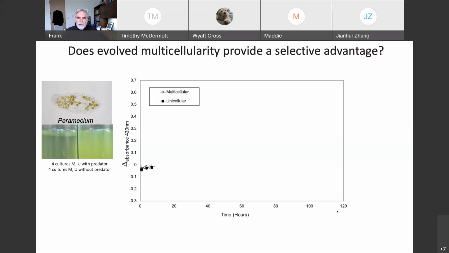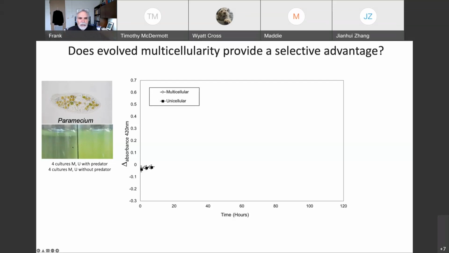Matt and Jacob came up with a cool way of analyzing this, and that is simply to compare the absorbance over time in populations that either did or did not have a predator, and subtract those two. So you would have 4 replicates multicellular, the same 4 cultures, but without a predator, with a predator, same with unis, with and without predators. And you can see here that if you look at the change in absorbance measured at 420, if you have predation occurring, you have less Chlamy